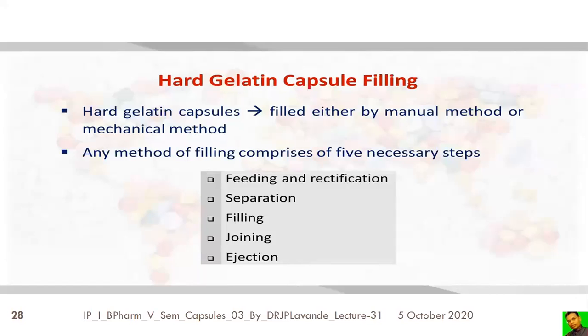This process is followed by the separation. So separation consists of removing the cap from the body. That is because of the entrapment of the cap of the gelatin shell in a plate which has a slightly larger diameter than that of the body. Because of this, the cap gets lifted up and removed. Whereas at the same time, the body has to be held, so that the body does not get lifted up along with the removal of the cap.